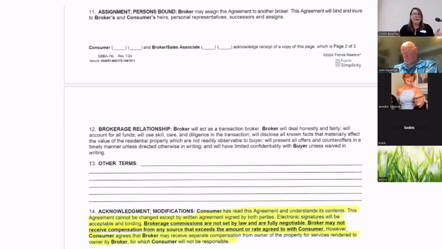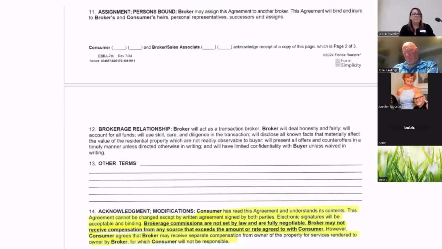In that instance, you might have both sides of the transaction. So make note of what this says as well, because I know a lot of builders and things right now are giving bonuses on top of their regular compensation. You cannot receive that unless you have a modification to this agreement, which the official modification has not come out yet, but I would just do an addendum, and your customer has to sign that agreeing to you receiving that